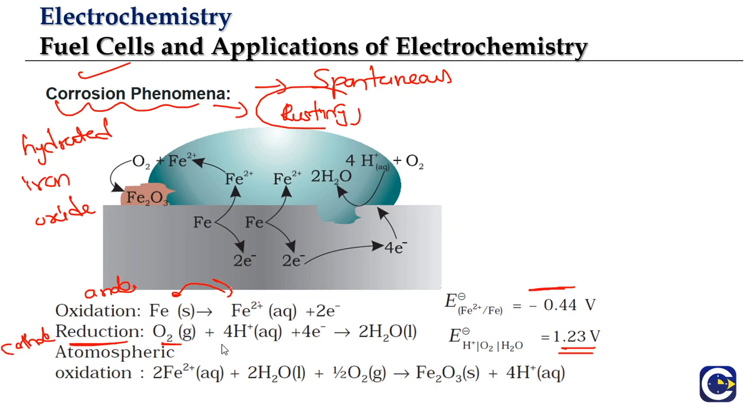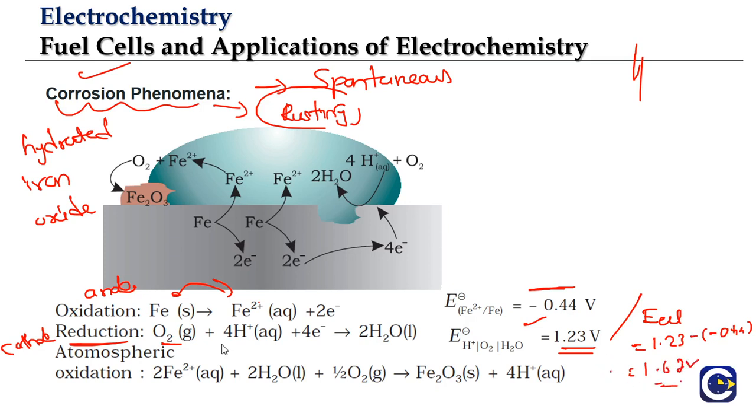So we have iron getting oxidized, that is the anode equivalent, and atmospheric oxygen getting reduced, that is the cathode equivalent. If you think of one to be the cathode, the other to be the anode, if you think of it like a cell, what is the overall cell potential going to be? Overall cell potential is the cathode reduction potential minus the anode reduction potential, meaning 1.23 minus of minus 0.44, which is going to be 1.67 volt.